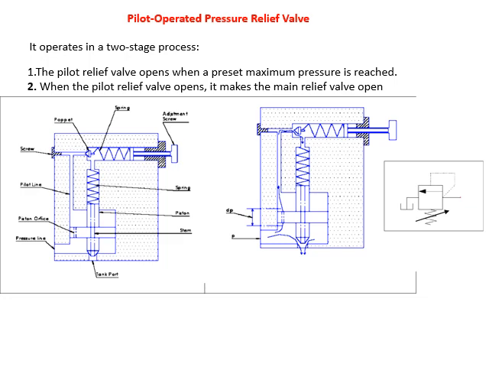It might be a simple spring operated valve, or it may be pilot operated. This is the symbol of a pilot operated pressure relief valve. In this, there is a separate pilot signal which is made available for the pressure relief valve to function.